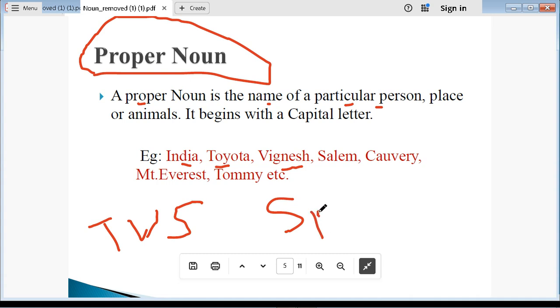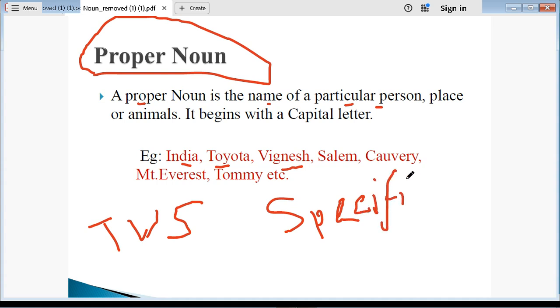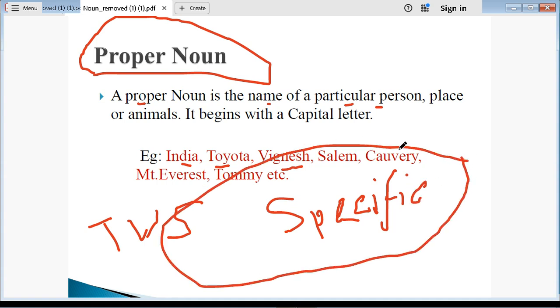So let me tell you, a proper noun always begins with a capital letter. Any proper noun, if you see one, will always start with a capital. Like here you can see I, T, V, S, C, M, Mount Everest, Tommy, etc. Okay, let us see about